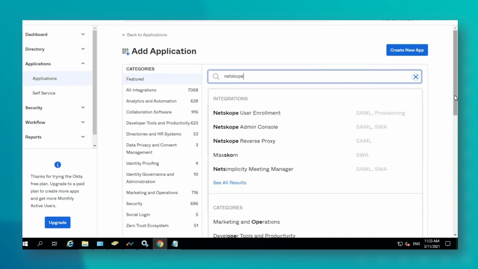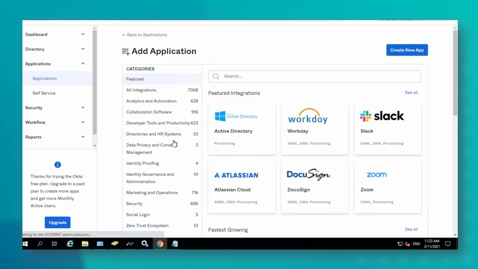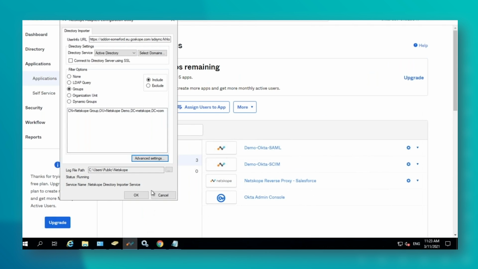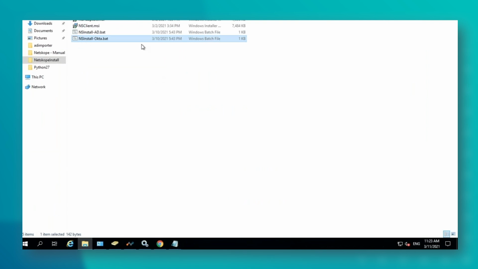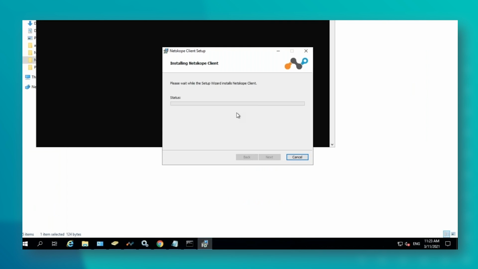So I'm just going to jump back to our client, make sure that is gone. That is gone. And I'm just going to put the AD one back in. So this will just be a moment. So we're going to discuss reverse proxy now.